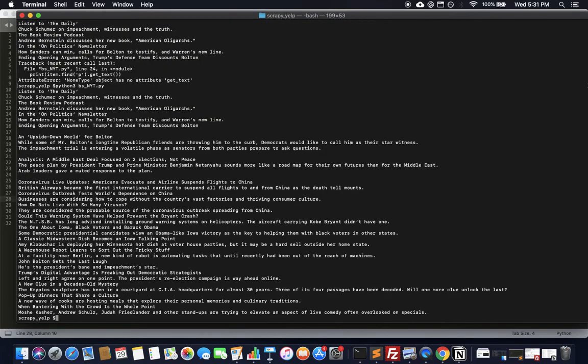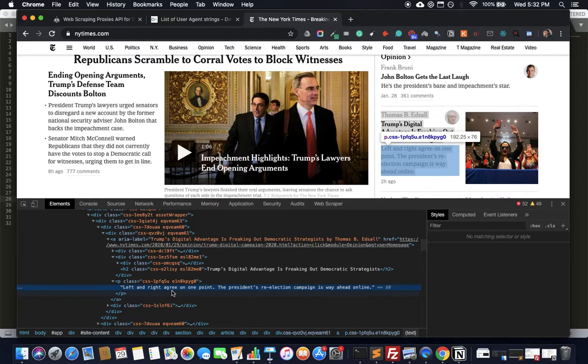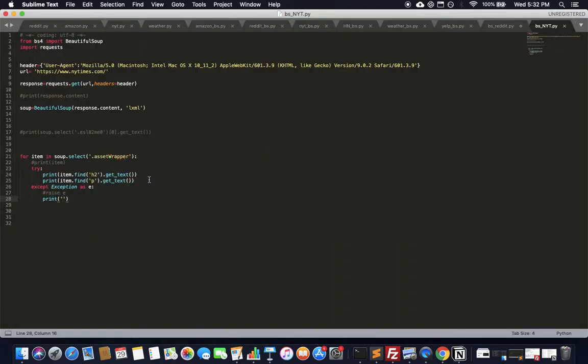There you go. So if you see here, it has the headline as well as the summary. Let's look at the Bolton one. John Bolton gets the last laugh. He's the president's bane and impeachment star. So that gives you the summary as well. Okay, so it's printing both of those results here, without printing the errors when the wrapper goes off target. All right. And so now let's see if we can get